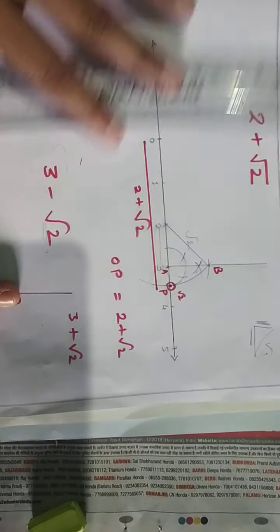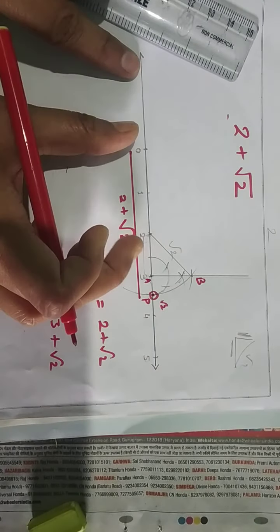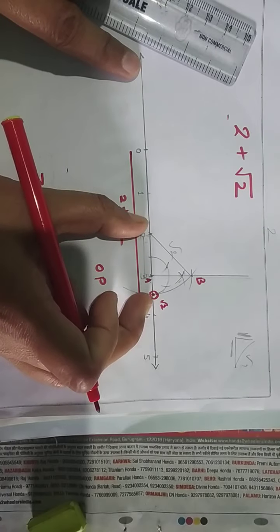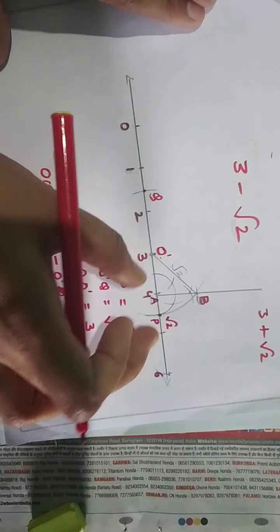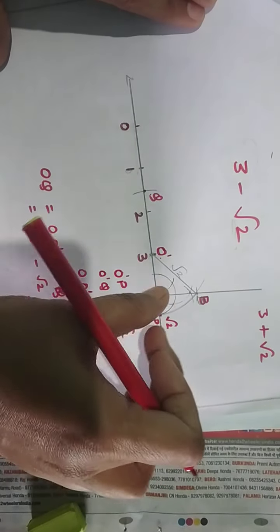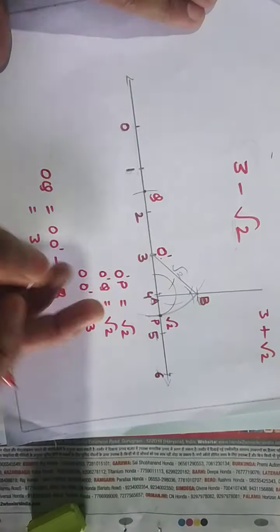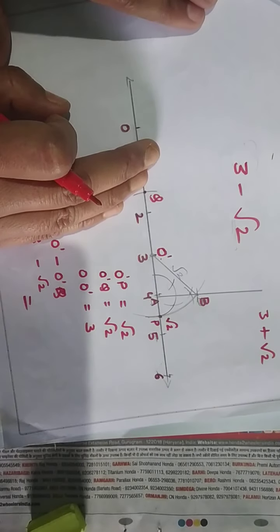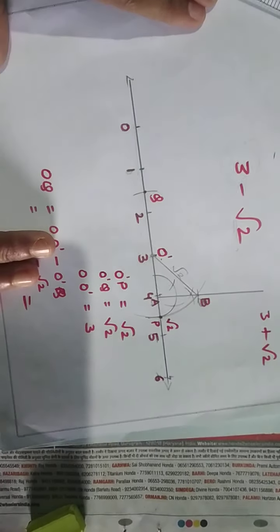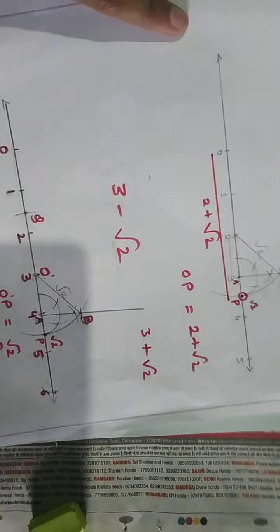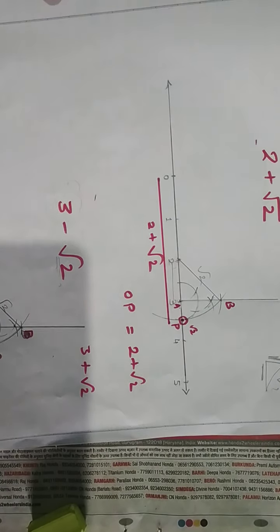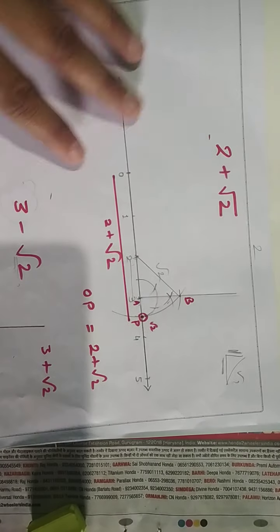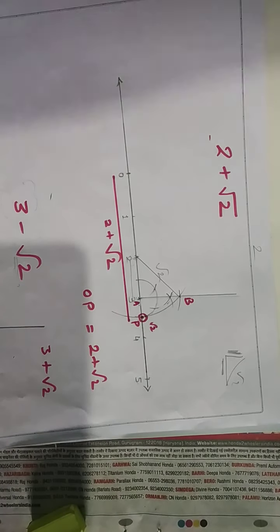Okay, in this it was 2 plus under root 2. So we have taken 2 and then under root 2 we have added. But here it was minus under root 2. So first under root 2 you have to draw in the same process, and then that same distance you have to cut this side. As I have told you, opposite side always, negative side. Got it? So I hope you have understood how to draw irrational numbers on the number line: root 2, root 3, root 5.